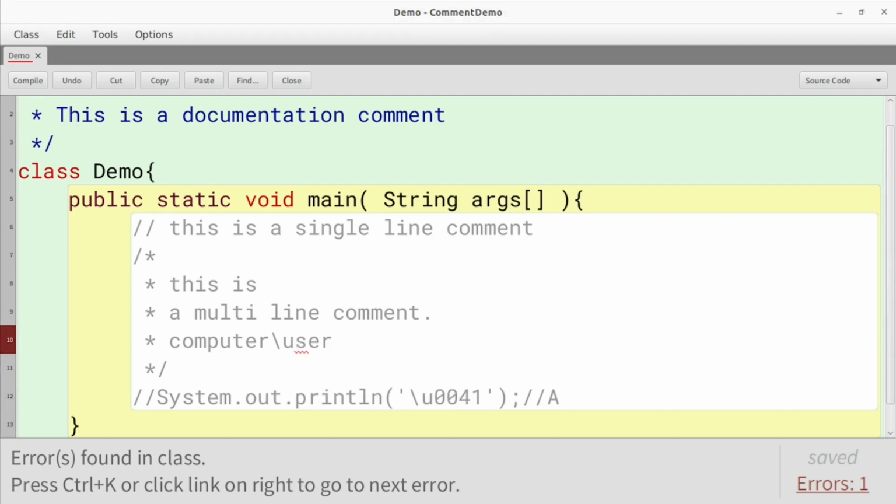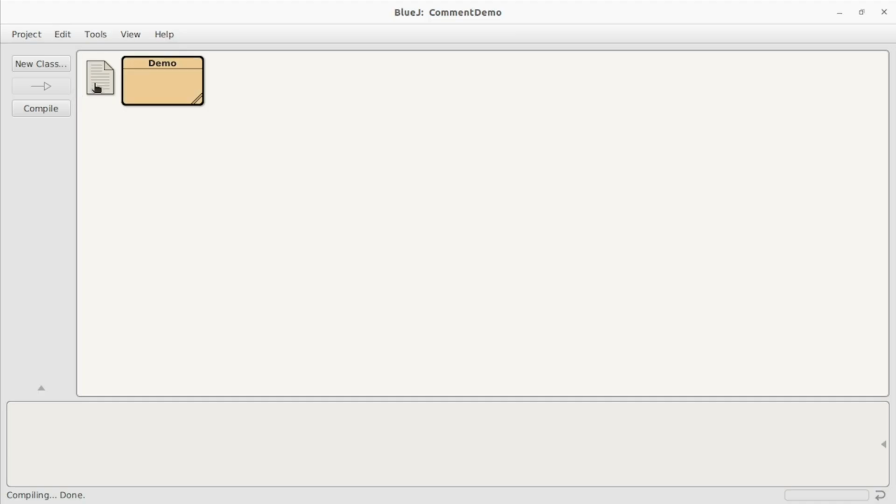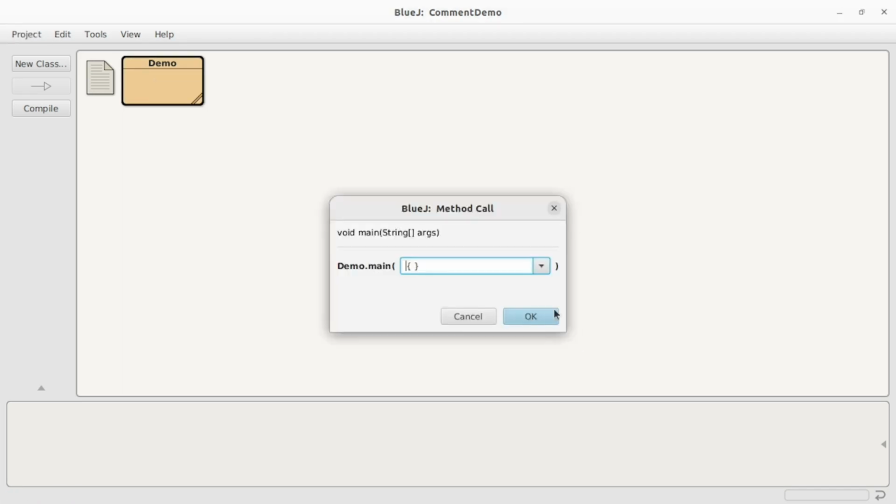Unicode escapes, if not used properly, can have other interesting unintended consequences also. For example, let me first correct this problem. So now this problem is gone. And now suppose over here I say \u000A. Now 000A is actually the code for new line. So what will happen over here is that when I compile this program, the computer is going to convert this into a new line, and what is looking like a comment will now actually execute. So if I compile this program and I run it, we are again going to get the character A.